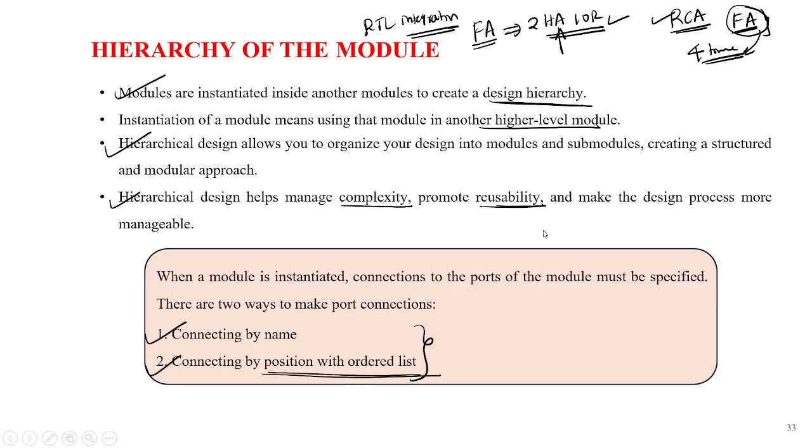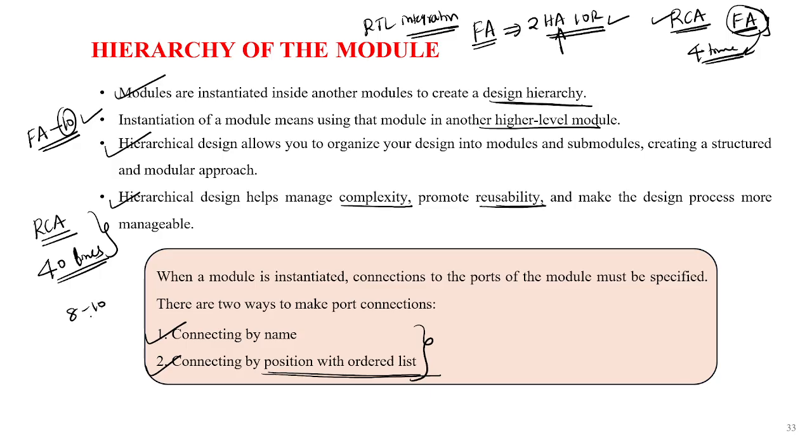Did you understand the hierarchy, why we are going for hierarchy? Suppose an RCA, a ripple carry adder, is there and you are writing the code. For one full adder it will take 10 lines of Verilog code, so for 4 full adders it will take 40 lines. You need to decrease the code complexity. By using hierarchy, you call your design 4 times, and it will take around